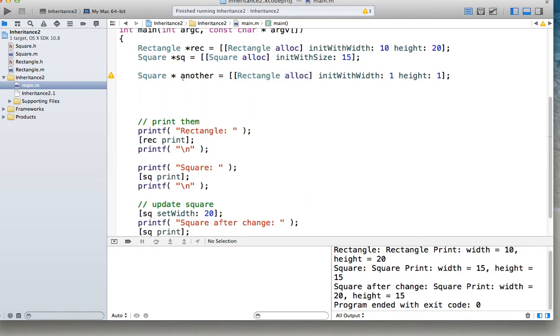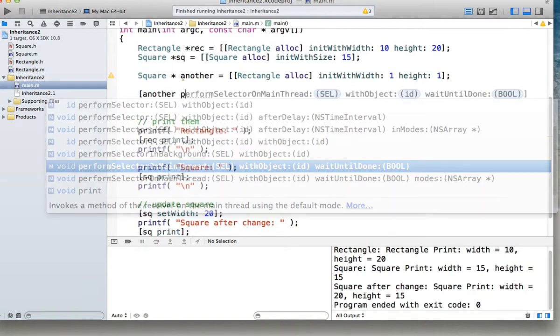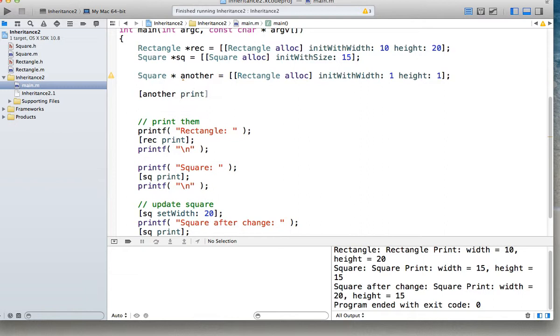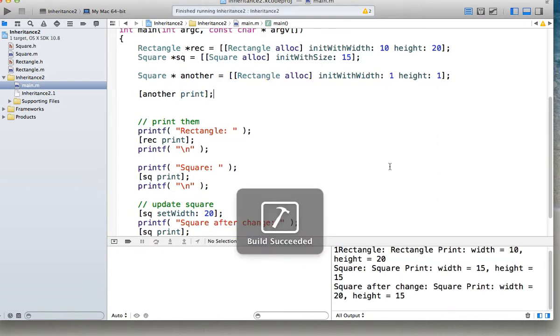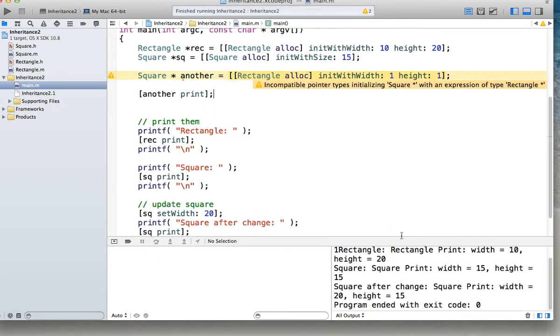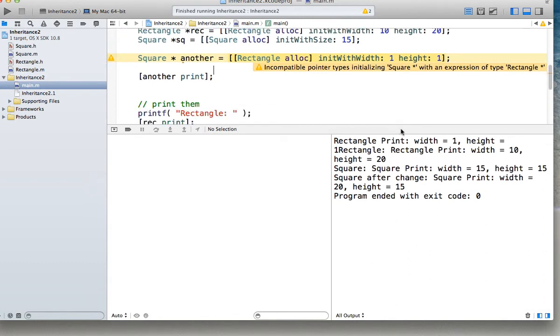We'll go here, another print. So if I do another print, incompatible types initializing square with expression of type rectangle. It's okay. Should work. It's a warning. It's yellow, it's a warning. I get a rectangle print,